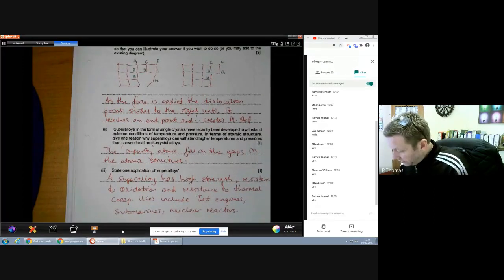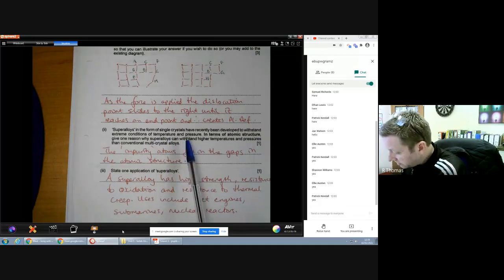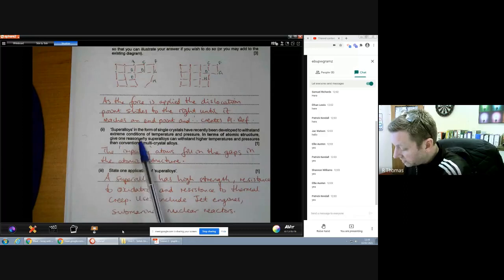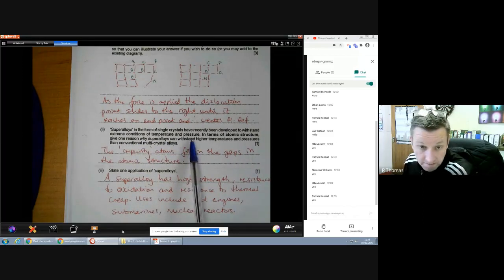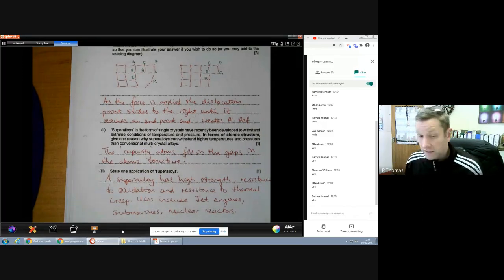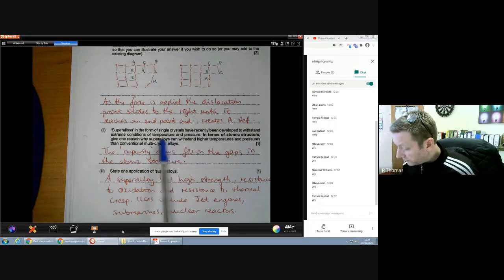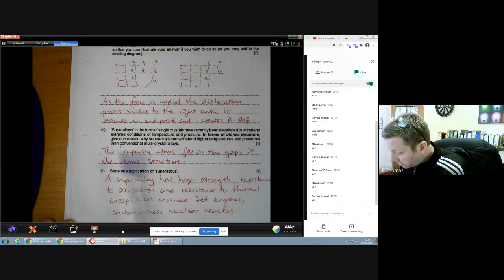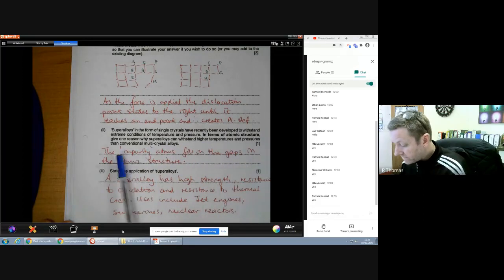Superalloys in the form of single crystals have recently been developed to withstand extreme conditions of temperature and pressure. All right, so we're taking a metal and we're putting in the impurities ourselves, so they can withstand extreme conditions of temperature and pressure. In terms of atomic structure, give one reason why superalloys can withstand higher temperatures and pressures than